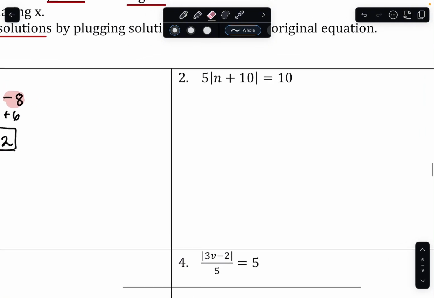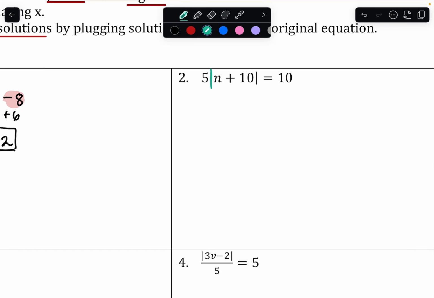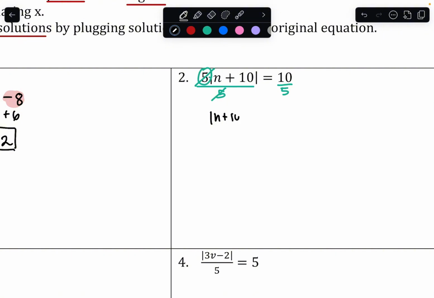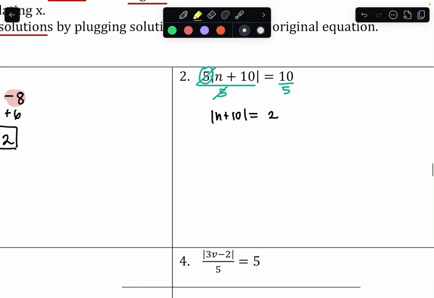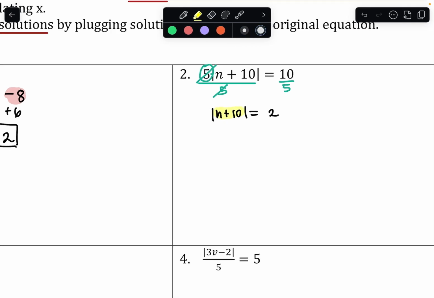Okay, next step. First step is to isolate the bars. Here's the bars, and there is a 5 outside. It's being multiplied. And so in order to get rid of it, we have to divide. That is the inverse operation. And so we divide both sides by that 5, leaving us with n plus 10 inside the bars equals 2. Now that the bars are isolated, we need to set the argument, which is n plus 10, equal to positive 2 for one case,